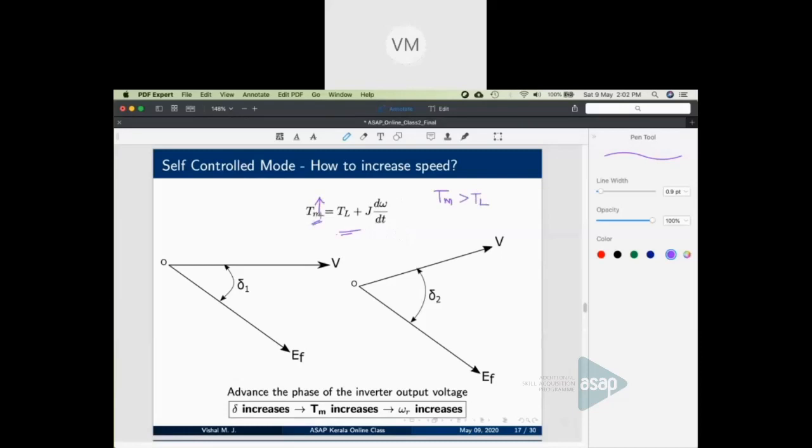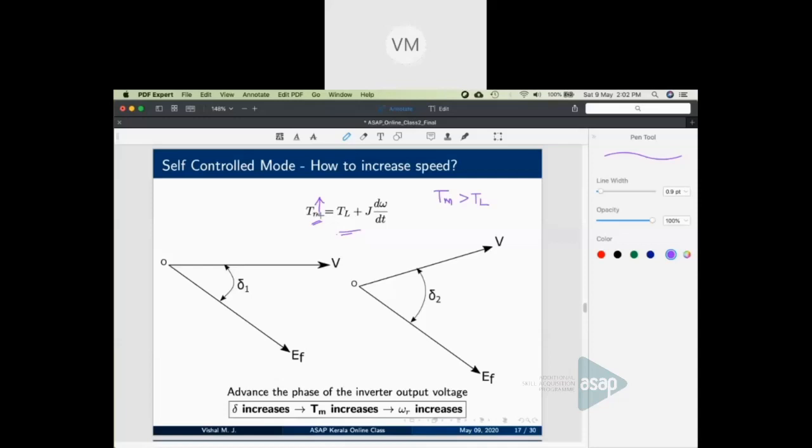How to increase the torque? Earlier, what we have seen in true synchronous mode, torque was proportional to delta. So we increased the stator speed to increase delta. Here we cannot do that. Why? Because the stator frequency is decided by the rotor speed. We absolutely have no control over that frequency. The rotor speed dictates what should be the stator frequency. In true synchronous mode, frequency was the control variable. Here, frequency is not the control variable. It is an independent variable. So we cannot touch frequency to increase delta.